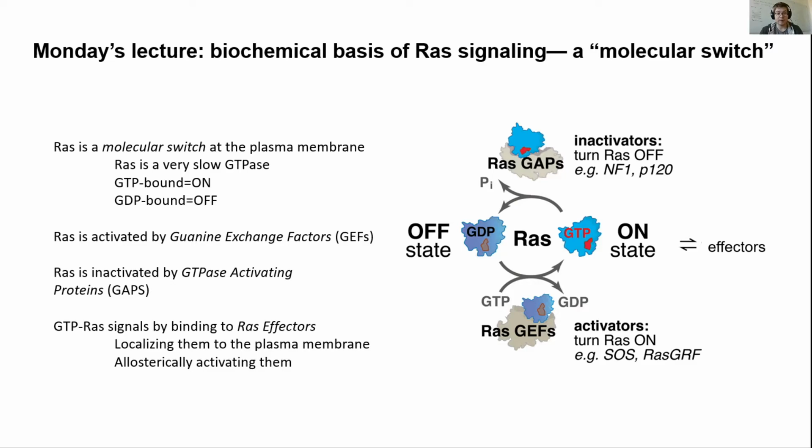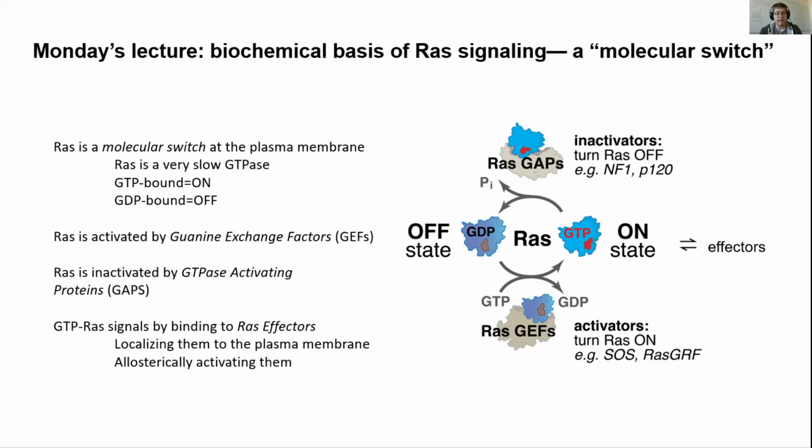Now, RAS can be converted from the off state to the on state by guanine exchange factors, which you can think of as activators for the GTPase. So these transition RAS from being off to on. And RAS is inactivated by GTPase activating proteins, or GAPs, which take the on state of RAS and convert it to the off state. And the way that GTP bound RAS is able to be on and communicate signals is